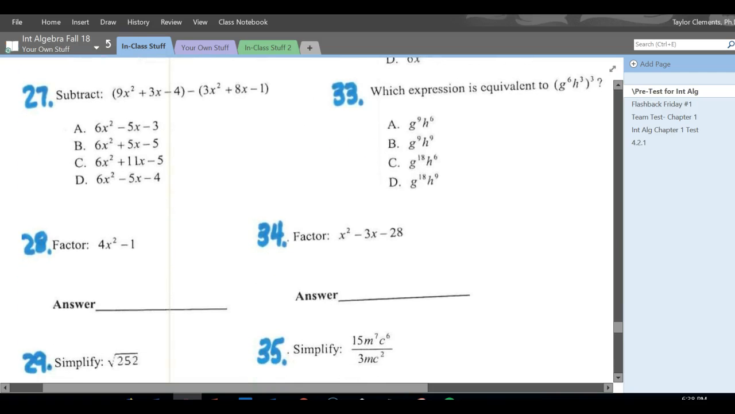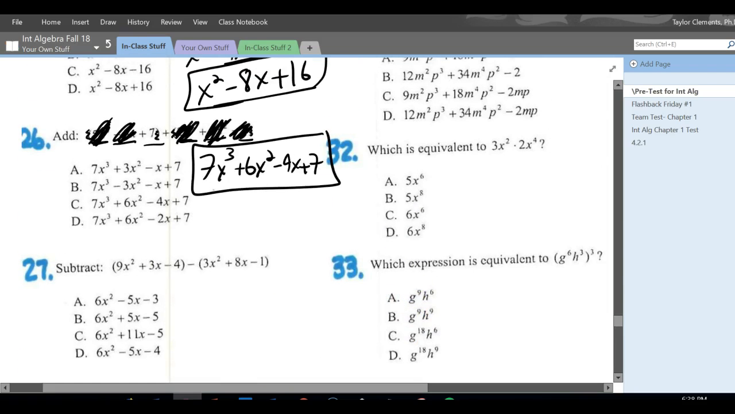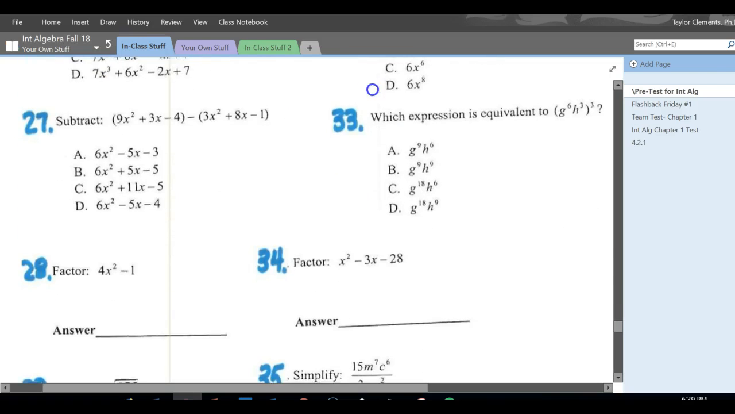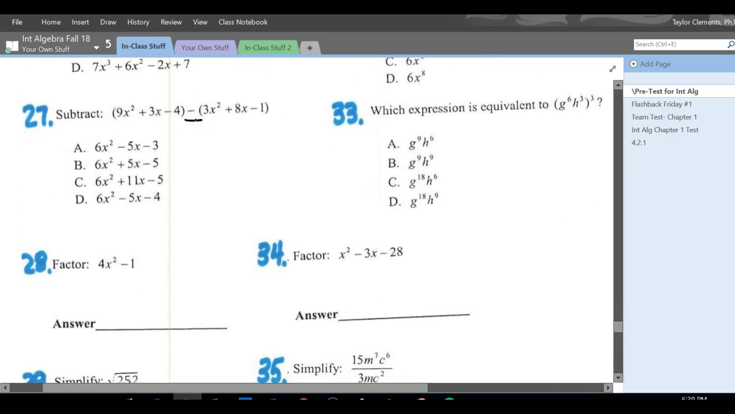Subtract. Okay, now these are a little annoying. See, the one up here, let me erase that real quick. Because you were adding, the parentheses didn't mean anything. You combine like terms. But with a subtraction, that means you need to distribute that negative first. Or you could look at it like flipping the signs of all of these terms